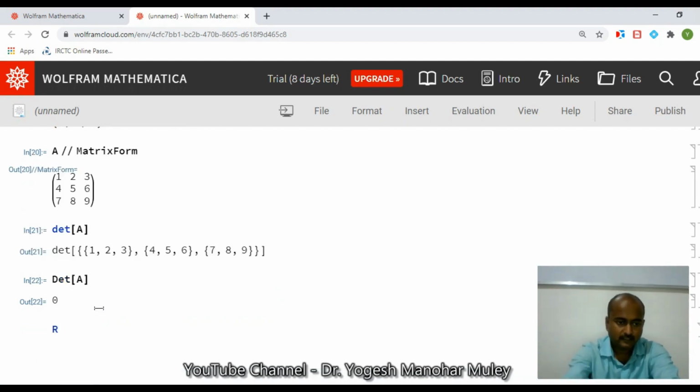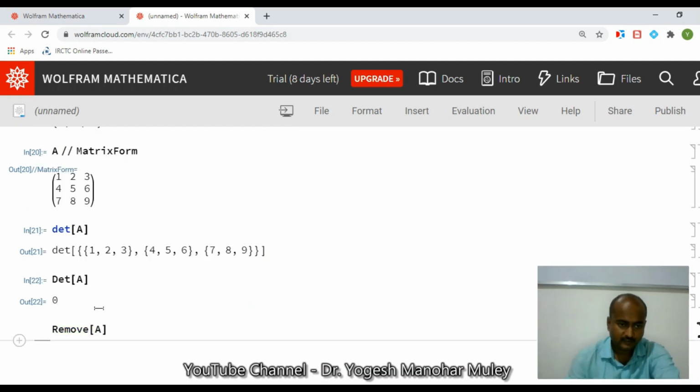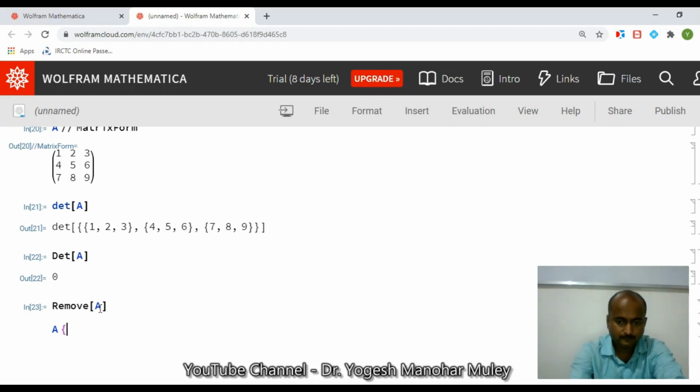So for this we'll require non-singular matrix entries. So I will remove entries from A. So this will clear the variable A as well as all entries from A. So I will create a new list for the matrix. So I will use 1, 2, -4. Okay, then the next entry 3, 6, 7. Then the next entry -2, 5, 8.